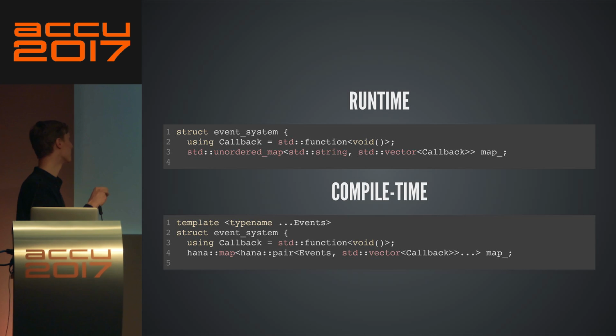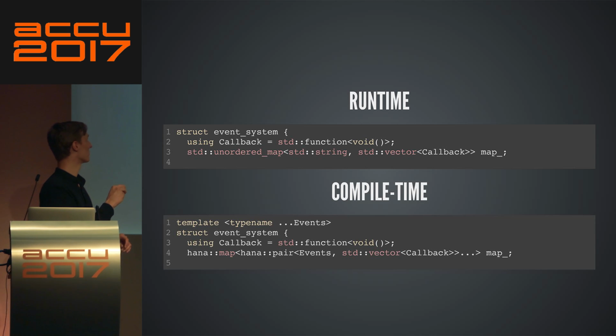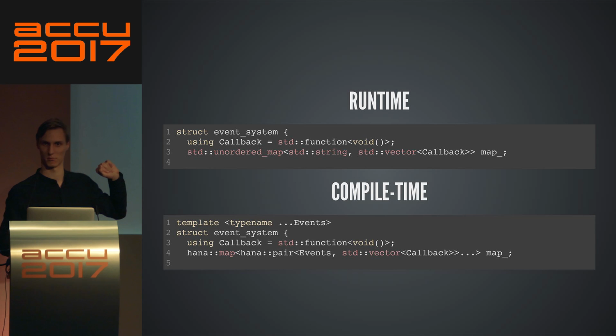So for the first one, the runtime system, we use an unordered map from strings, which represent our events, to a bunch of callbacks associated to that event. In the other case, we assume that we get a bunch of events, which are compile time strings, and given that, we create a map that maps each event to a vector of callbacks, just the same as before.